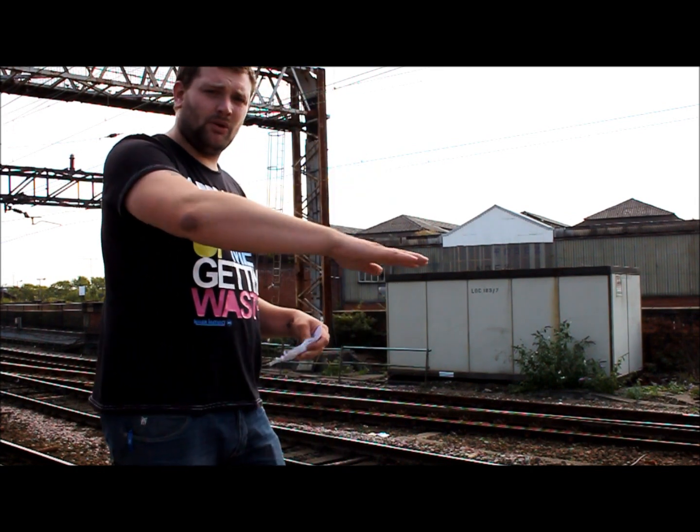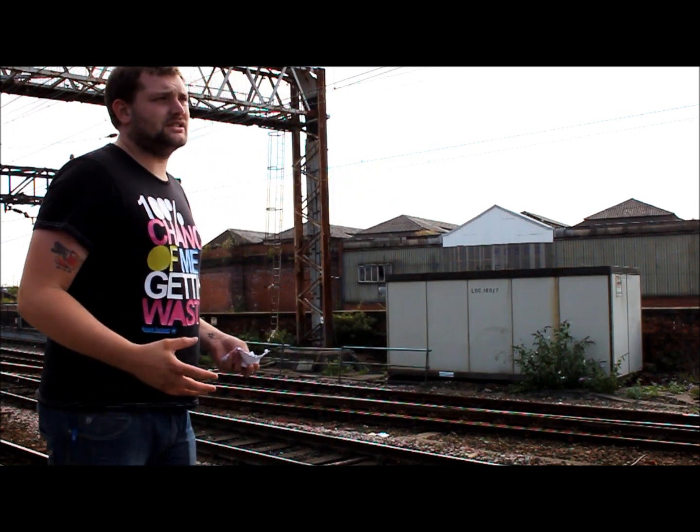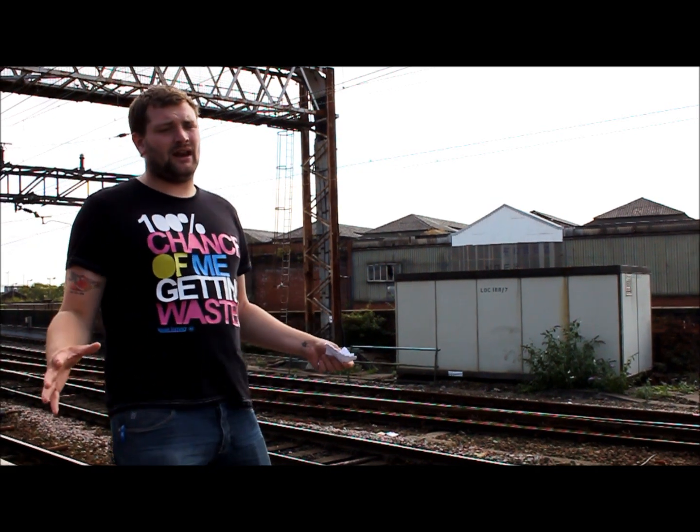The first level inside, it's built on 2 or 3 levels. The first one inside has near enough collapsed completely, so it is beyond repair. There were a few ideas mooted by different people. National Express wanted to turn it into a coach station at one point for the buses to get people into Piccadilly quicker, get people out of Piccadilly quicker. It was also mooted that they were going to rebuild the station in 2002 after a report damning Manchester Piccadilly being